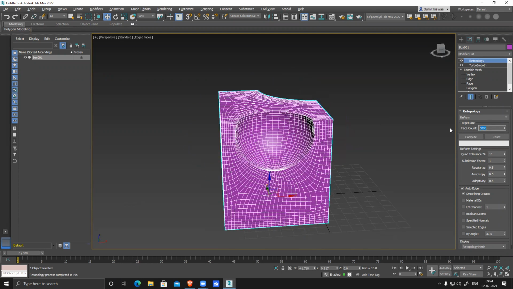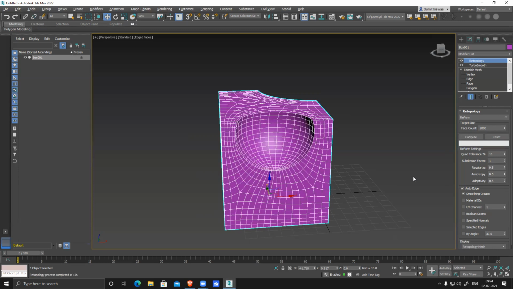If I want, I can reduce it to like 2000. Compute one more time. If I do it at once, it will take way longer, so if you can, do it multiple times.